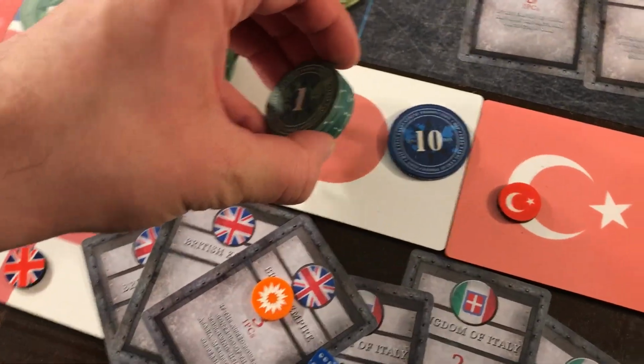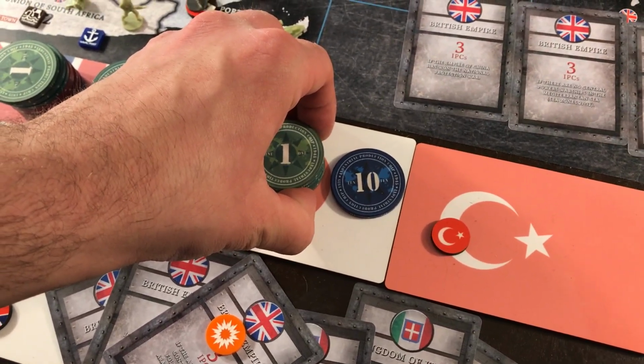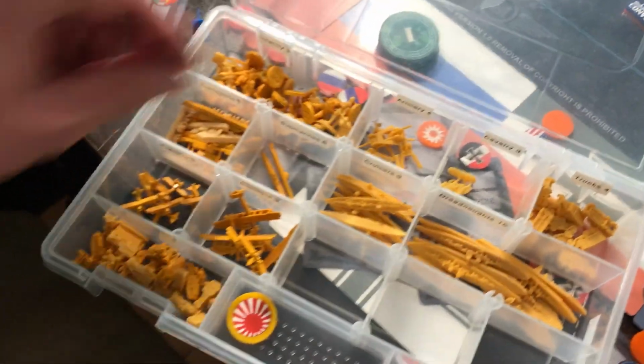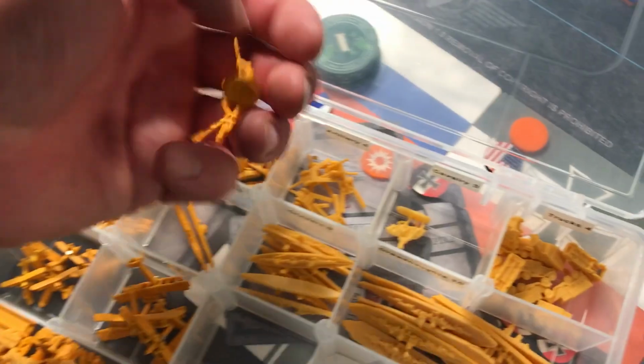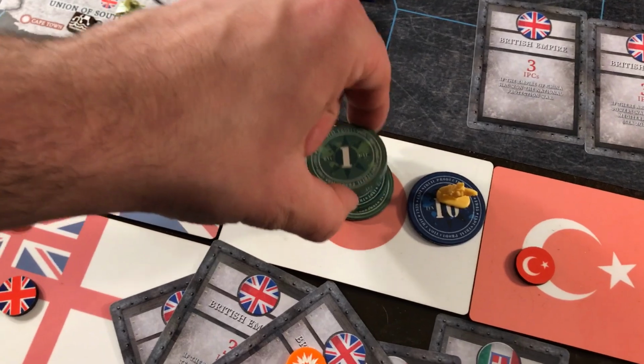What the heck? I'll do purchases. This is for science. 10, 11, 12, 13, 14. Just to see what Japan looks like at the end of the game. Let's do, I'm out of cavalry, I only got 1 left, so I'll do 1 cavalry. And I'll do...